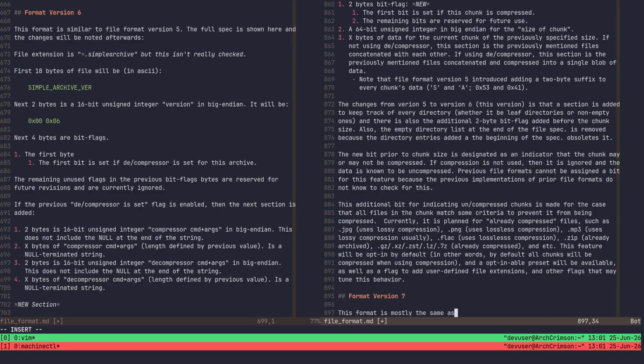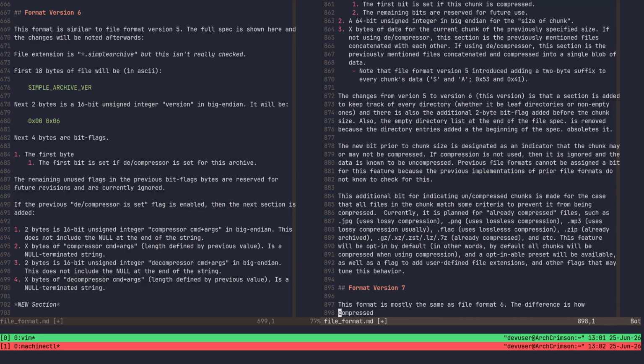You're not allowed to seek if you want to support streamability, which is like piping input and piping output. In other words, you could stream an archive into SimpleArchiver through a pipe, and it can extract files, and you can create an archive and stream the output archive from SimpleArchiver as well. So that is why temporary files were used in the previous file formats, because it needs to know the size